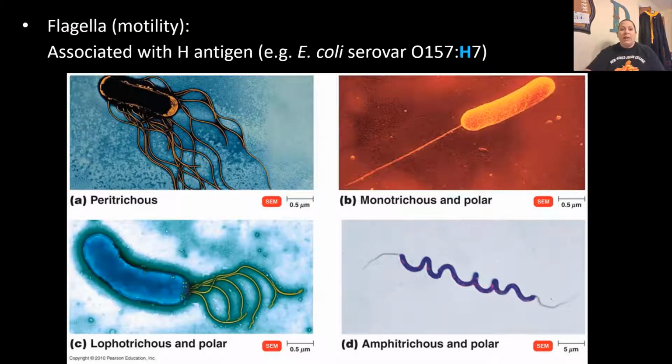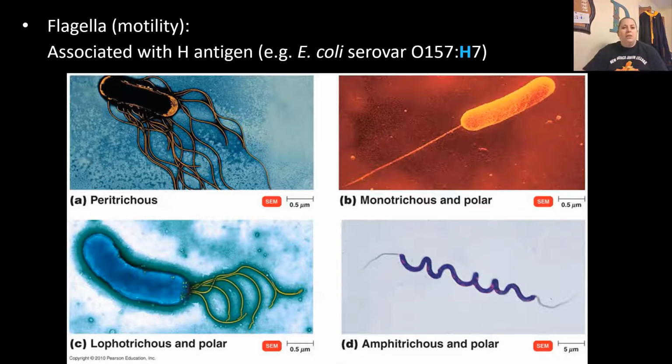The next one we want to look at are the flagella. The flagella are going to help with motility, movement. Now these are associated with an H antigen, and so when you see examples like this E. coli serovar O157:H7, the H is referring to the type of flagella antigen that's present. It could be different based on mutations that can occur even within different subgroups of a bacteria